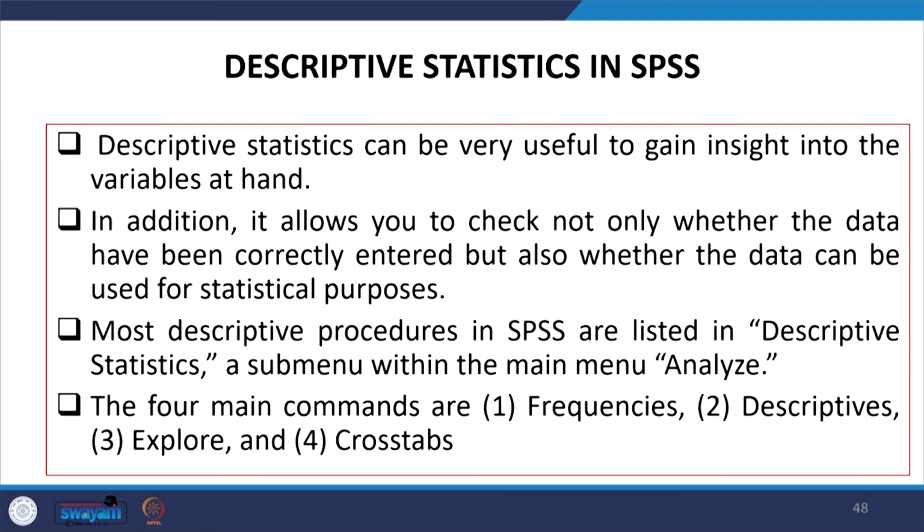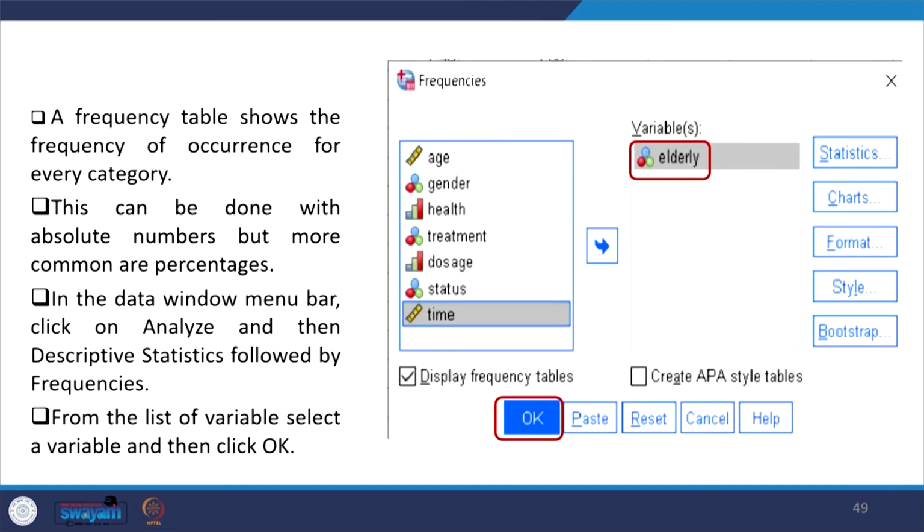Descriptive statistics is possible, likewise we do in Stata. In SPSS also we go to Analyze, and then we get options: frequencies, descriptives, explore, or cross tabulation. Cross tabulation is where we require more than one variable, maybe 2 or more variables. Okay. Alright, I am not explaining much here, the rest you will be guided on your own.